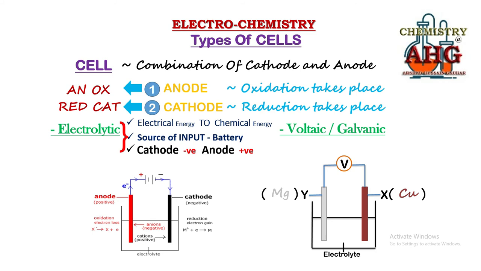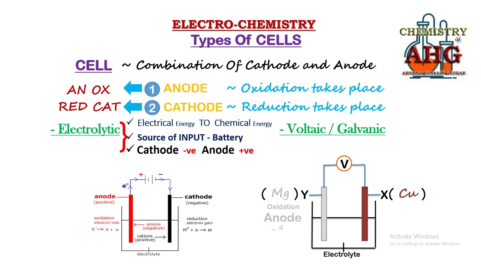Now see, magnesium is a reactive metal. Reactive metals can undergo which process easily? Oxidation. So whenever a metal undergoes oxidation, it becomes the anode, because oxidation always takes place at the anode. And as I have told you, whenever there is a voltaic cell, the anode is negative. So in this case, the more reactive element would make the negative electrode. So magnesium will undergo oxidation because it is most reactive. Oxidation always takes place at the anode, and the anode is always negative in a voltaic cell.